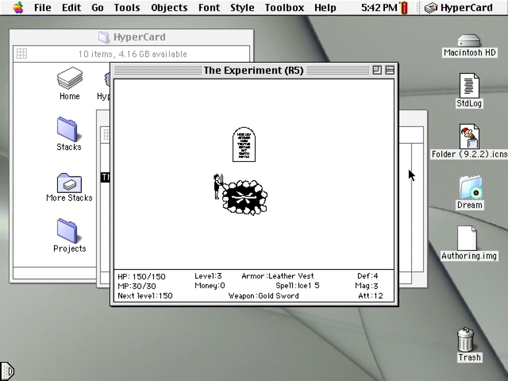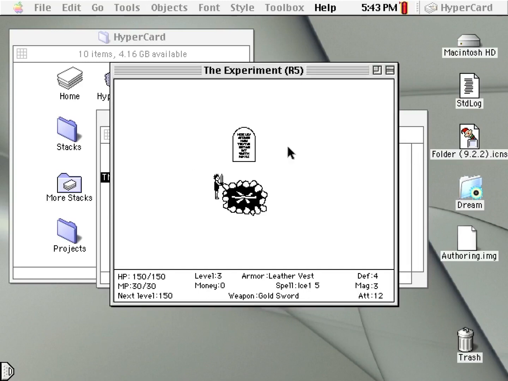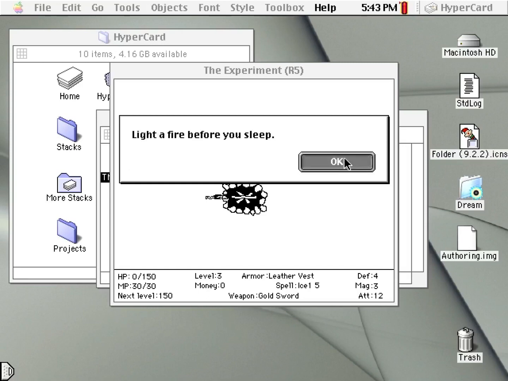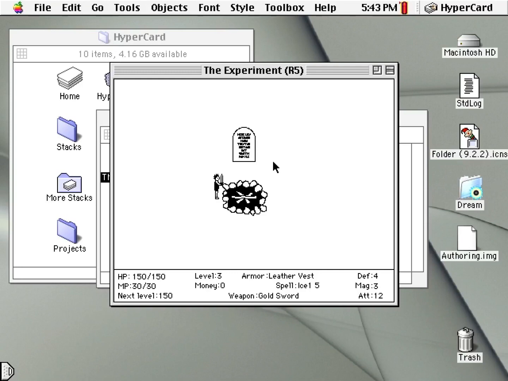Alright. Let's save. And let's rest here. Sleep. Heal sound. Whoa. You seem to have died. What? Light a fire before you sleep. I did. I guess it didn't work. Light a fire. It just heals me, and...